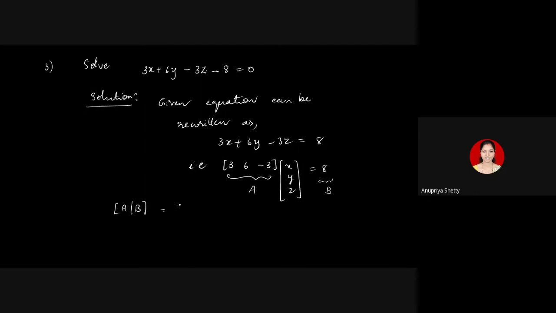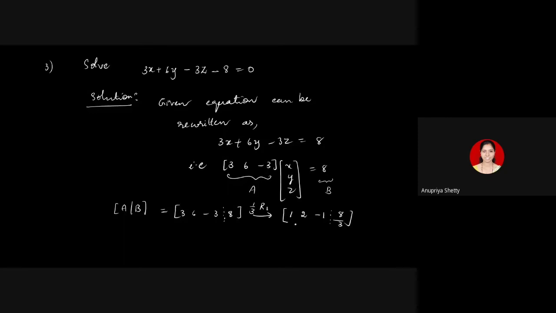Now, in this case, the augmented matrix is this one row combined with B, which is that one single entry 8. Now I will reduce this to the row echelon form. What is the row echelon form? When there is only one row, I have to see that the first non-zero entry is made 1. To do that, I have to multiply this single row by 1 by 3. If I multiply by 1 by 3, this would be 1, 2, minus 1, and I would get 8 by 3 there. And that is our B dash.